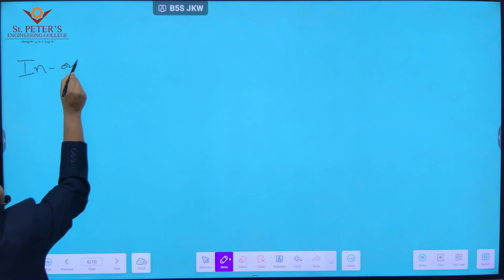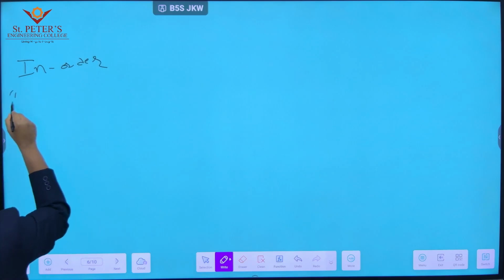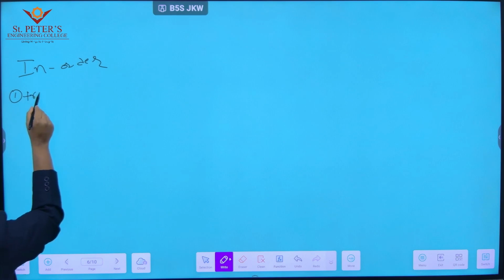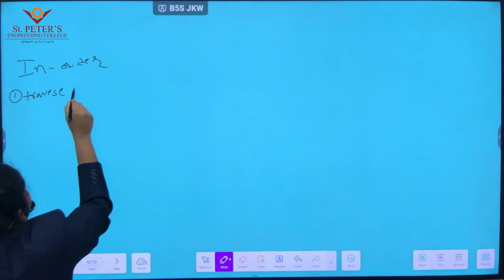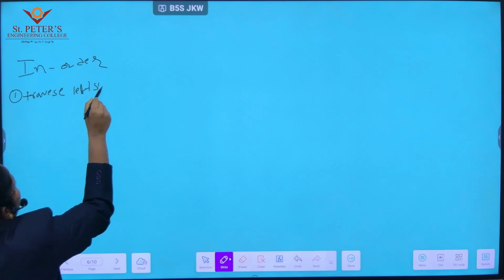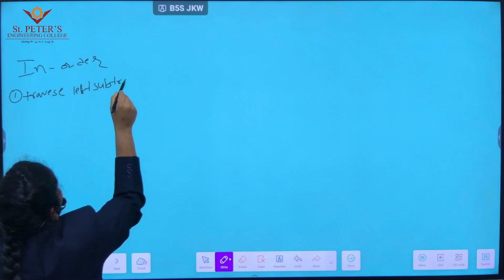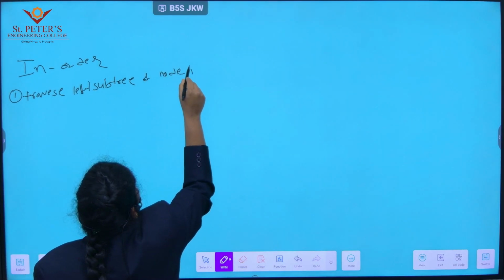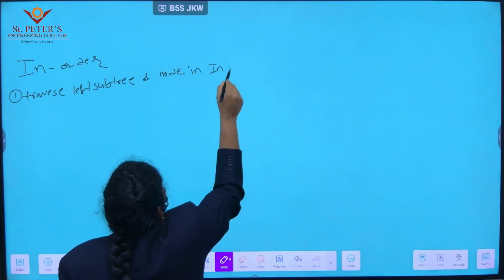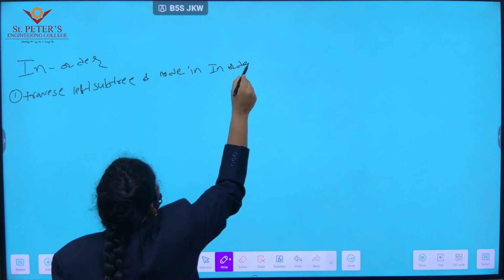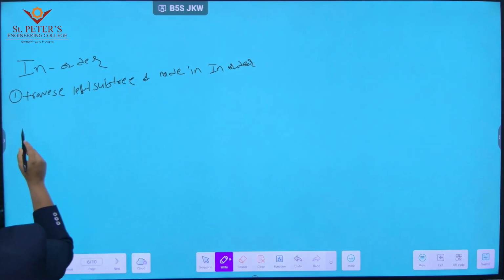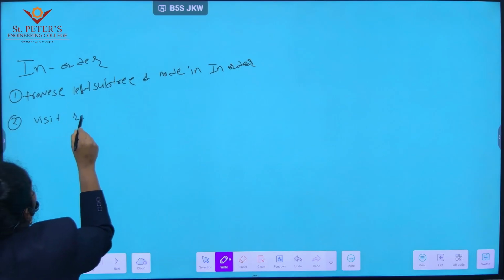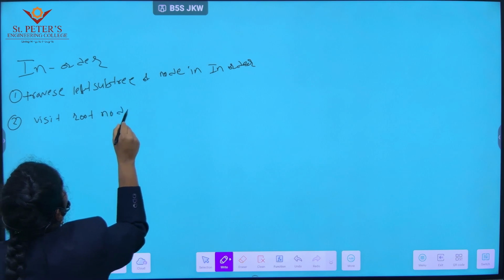In order, first traverse the left subtree of node in order, and next visit the root node, and next